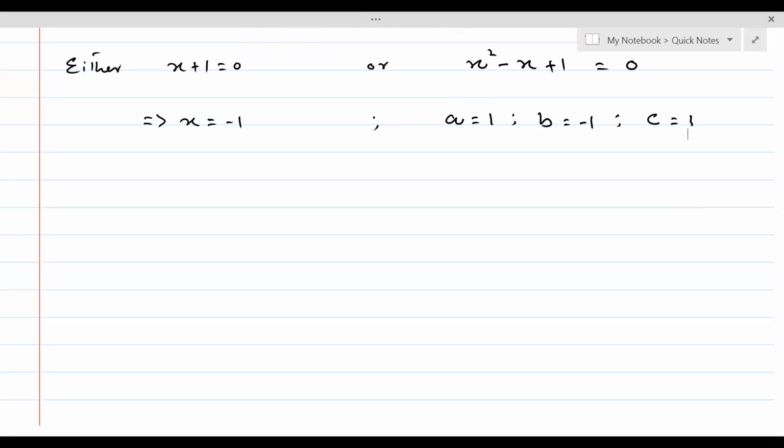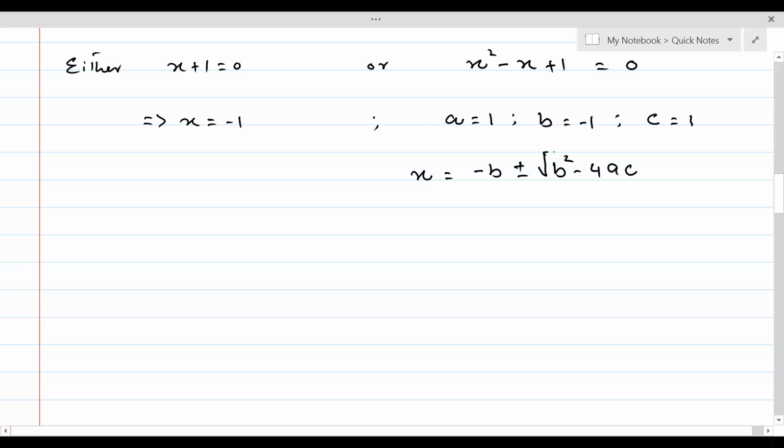For this, the quadratic formula will be x equal to minus b plus minus square root of b square minus 4ac, divided by 2a,